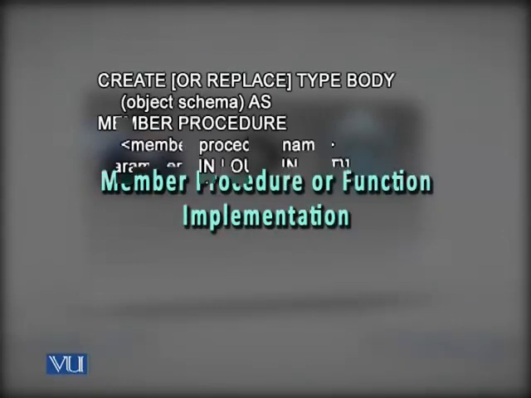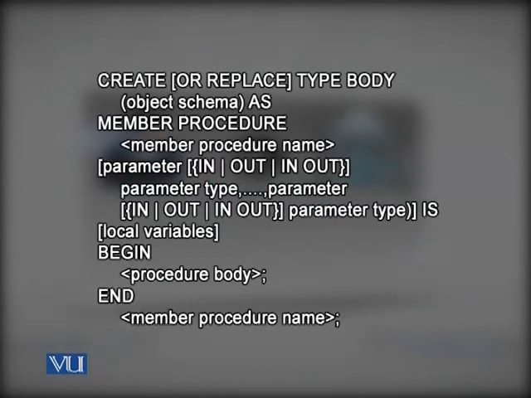When we see the body or implementation of these member functions and procedures, they are done independently, and we'll study that shortly. Now on this slide, you can see the format or syntax for defining the body of the member function or member procedure. And I told you that this is done independently. You will first define the type, in which you give the attributes included plus the member functions and procedures. After that type has been defined, you will define the body of the member function or member procedure. And here is basically the syntax of that activity.